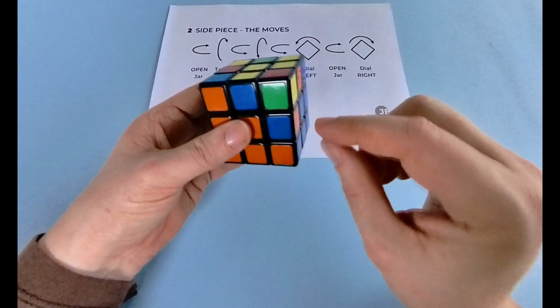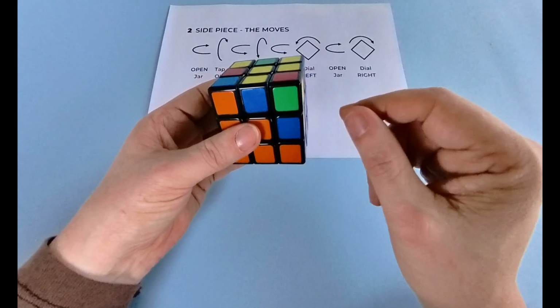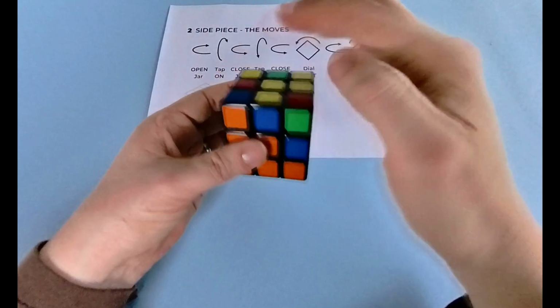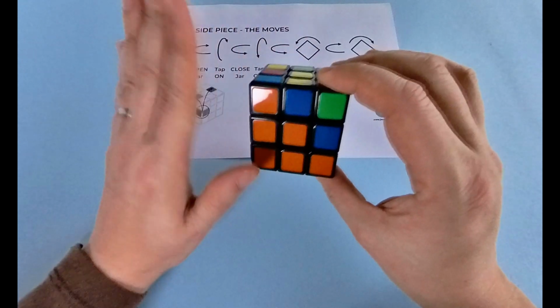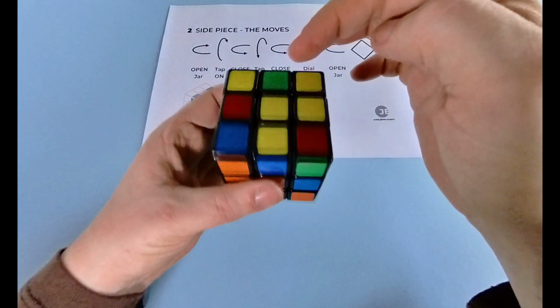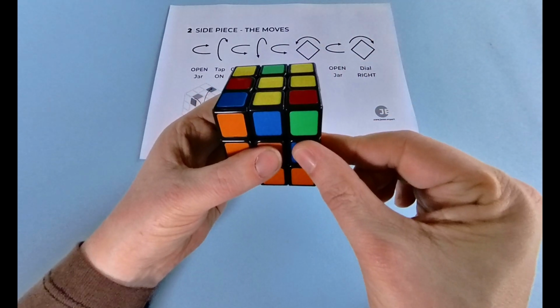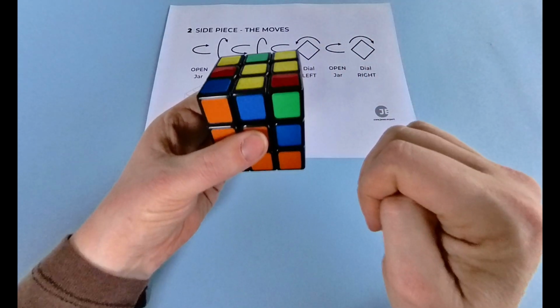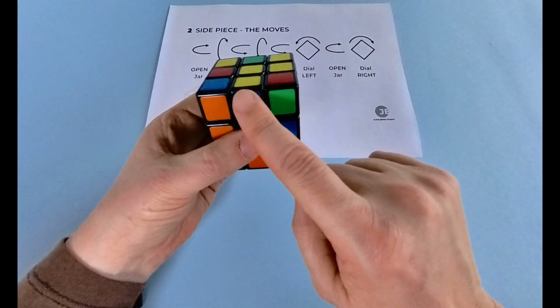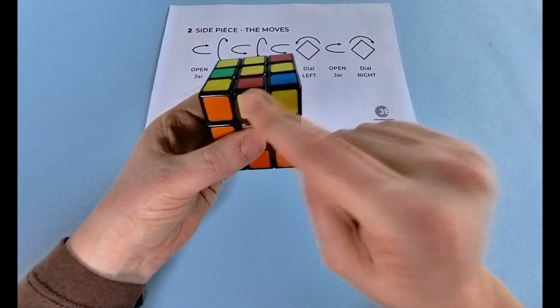To get this piece out is to know where it is going to go. So what I'm going to tell you is that by doing this move again, with this being the front face, we're going to move this piece. It's going to end up here, and that is going to be switched around. The second thing to know is that this piece here, whichever one we choose, is going to be going into